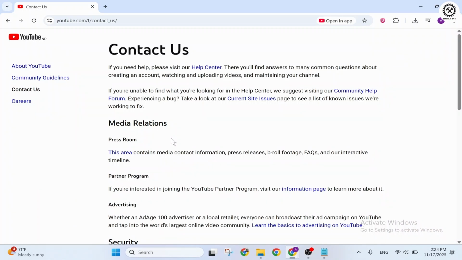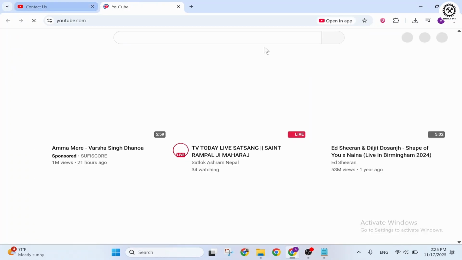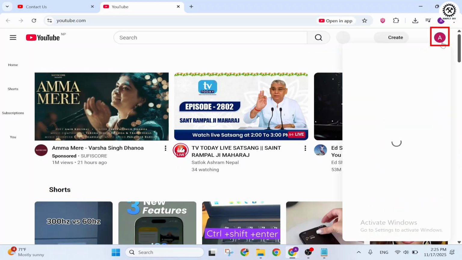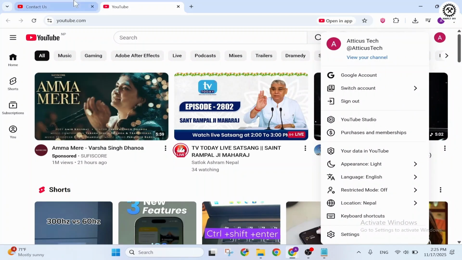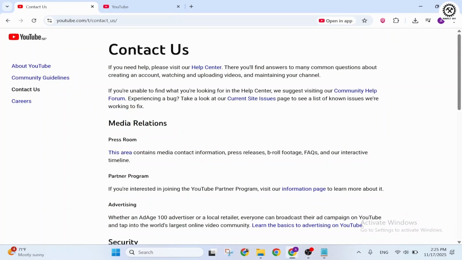And that is the only way you can do so, since there is no direct feature which allows you to recover your deleted videos. So first you can check on your YouTube Studio. If you have left it there, tap on the profile icon after you're on YouTube, then go to YouTube Studio. If you don't find it there, just mail them at this address